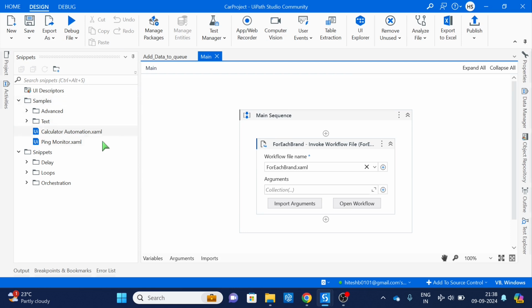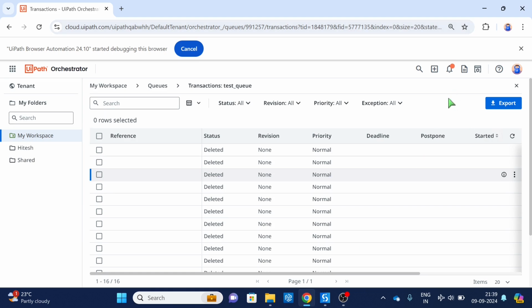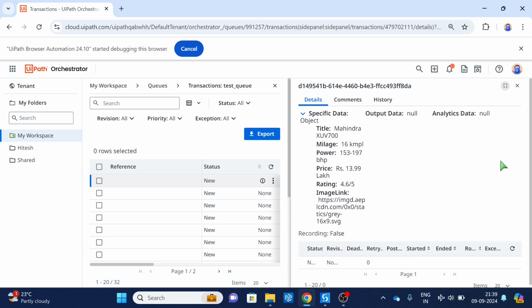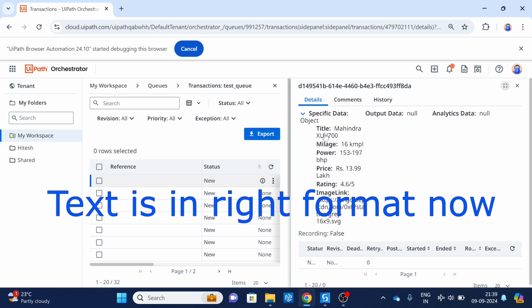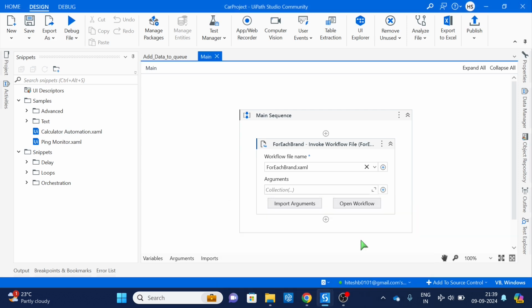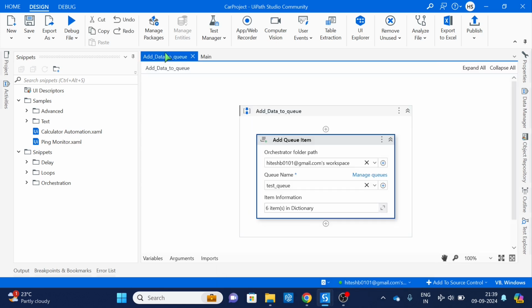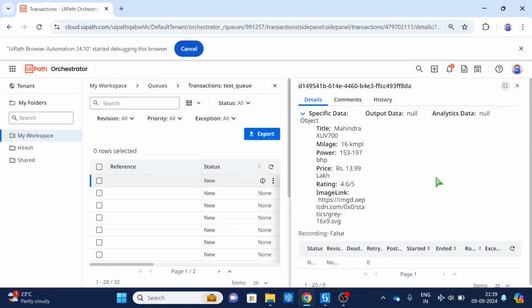Okay, so the dispatcher run is completed. I will just go and refresh. Yeah, so new items are added. This time let's view details. So we will close the dispatcher add queue item, so that we are not getting confused, and